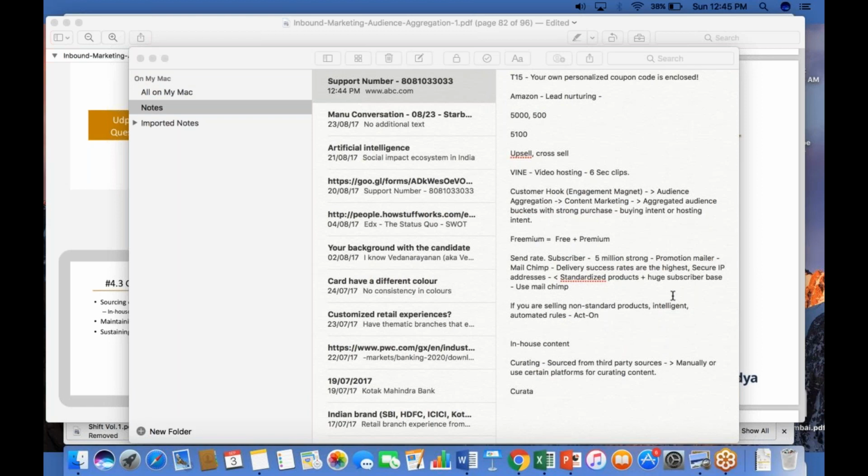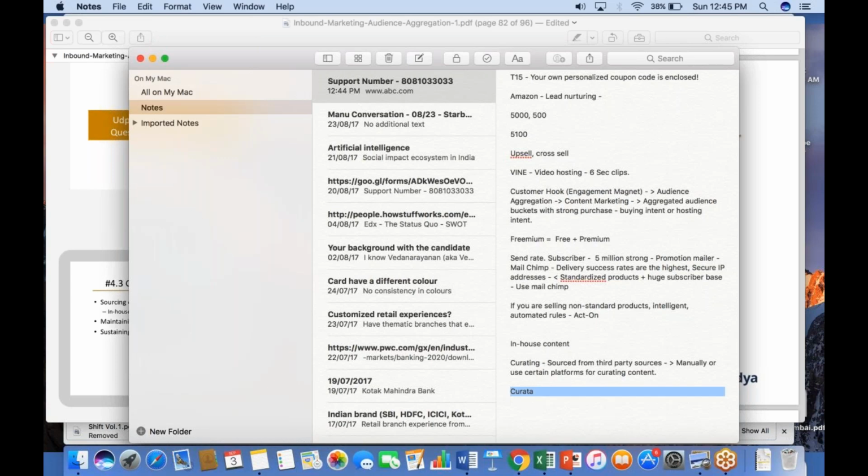That's an awesome platform, and that's something which we used at Simply Learn. So the way it works is there would be in-house content which we create. Plus, there will be content sourced from a third party platform, say a digital marketing institute, or even Digital Vidya for that matter, who have exposed themselves on the Curata platform. And appropriate credits would be given to the third party source from where the information is sourced.